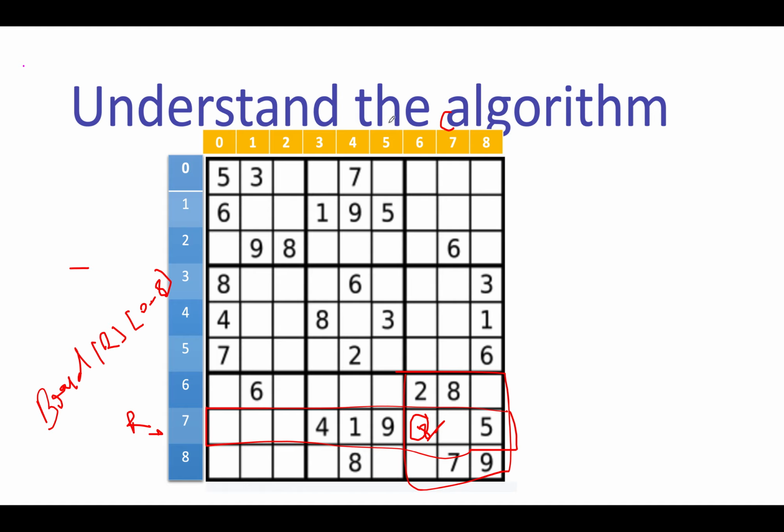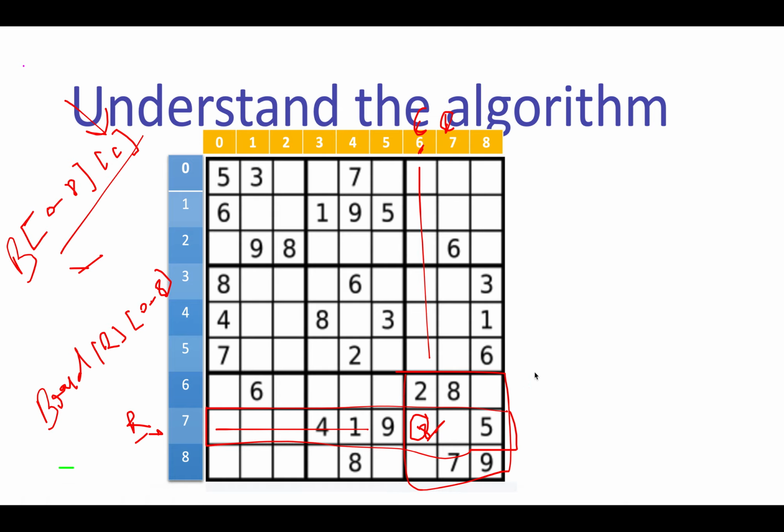Similarly, the next check is for the column. So the column is 6 instead of 7, and here you will check board of 0 till 8 doesn't hold any value as 8, at the column C, which is represented by 6 here. And here the row value was 7. Now comes the interesting case. These were pretty straightforward. You just need to iterate in this particular column and then this particular row, and it was pretty easy to write this algorithm. The tricky part is identifying violation in this submatrix.